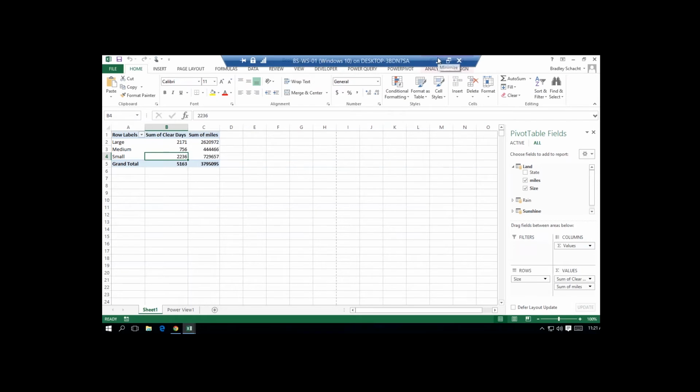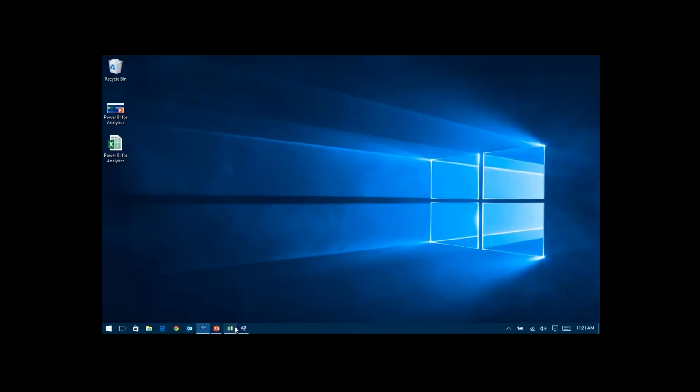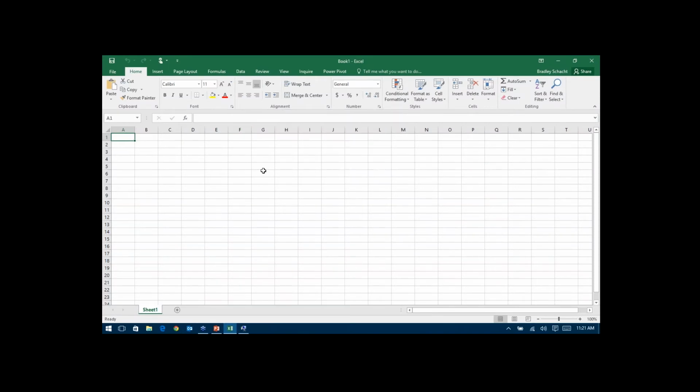Okay. So again, I've got this here as a backup for us in case we need to come over to it, but I'm going to show you some of the new stuff. Excel 2016 is releasing pretty soon, so I want to show you a couple of the things. Actually, all the functionality that we're going to show you here is all the same between all the versions, 2010, 2013, 2016.